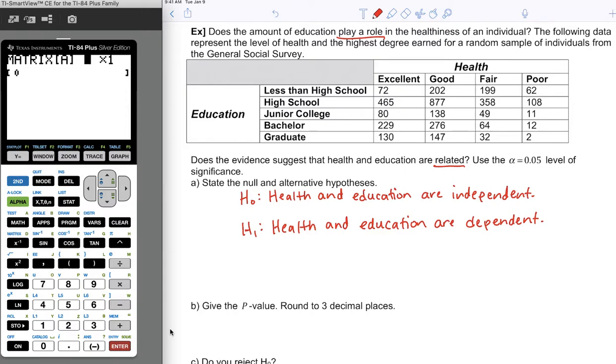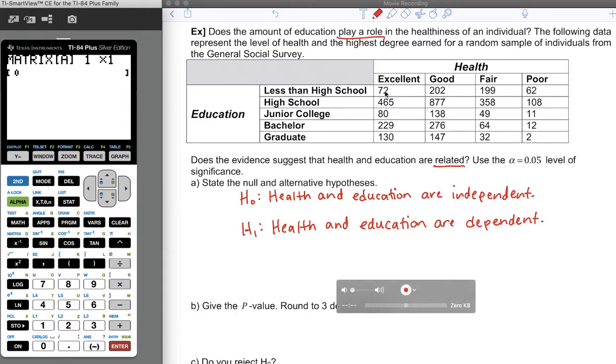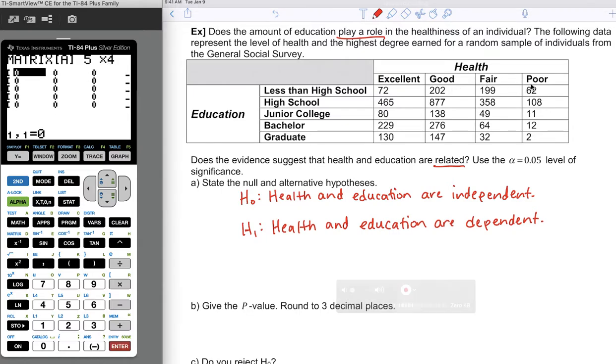And now we need to tell the calculator the size of the matrix. So the first number is the number of rows. So we have 1, 2, 3, 4, 5 rows. The second number is the number of columns, and we have 1, 2, 3, 4 columns. And now the matrix is the size to fit the data in the table, so you type in row by row. So it's 72,